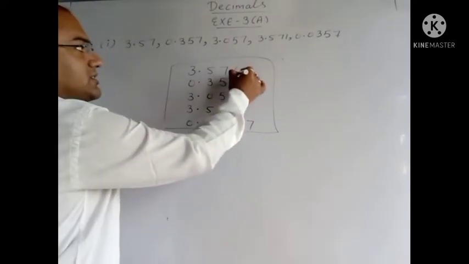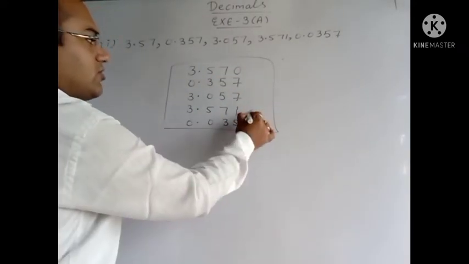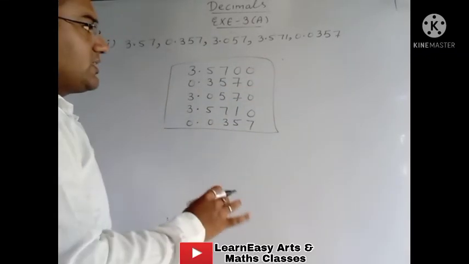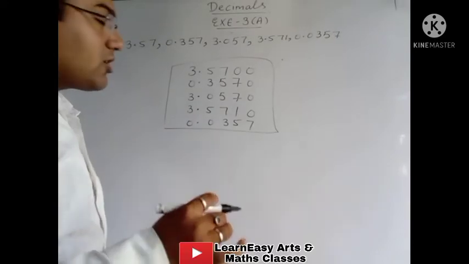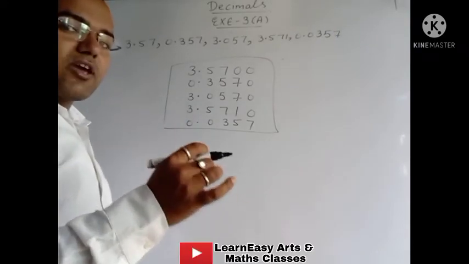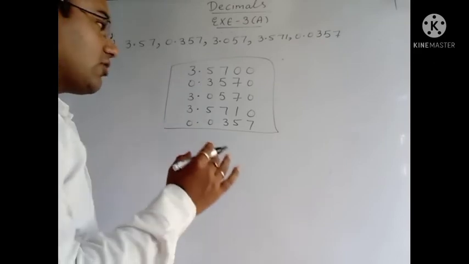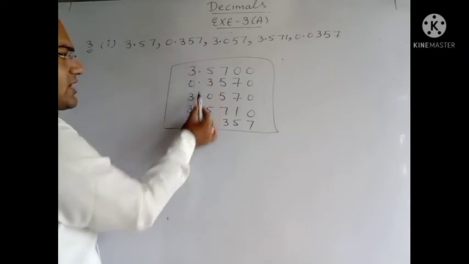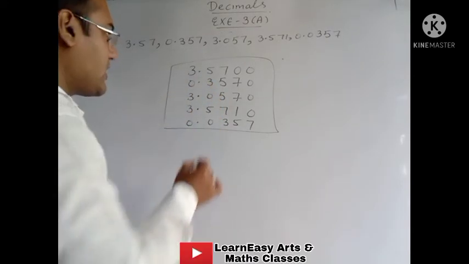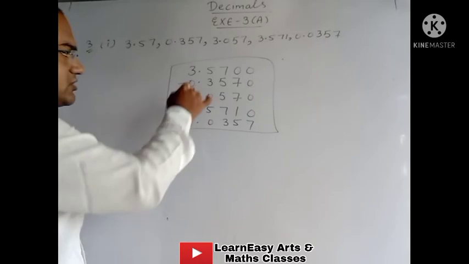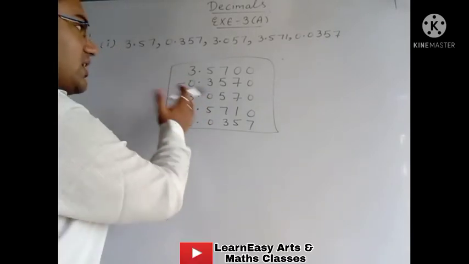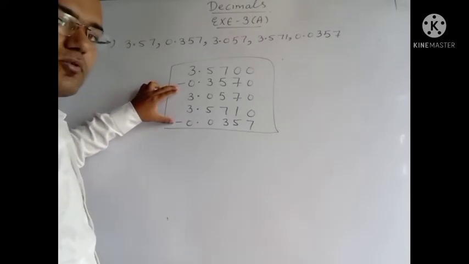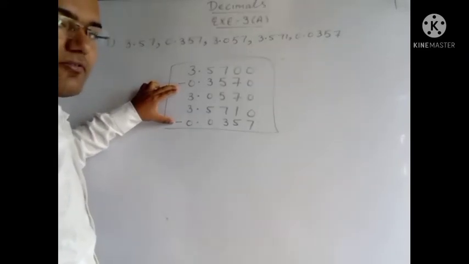So here, wherever there is an empty place, we will add 0. Wherever empty place you are looking you have to fill there 0. Now in order to write the smallest number we have to check the number before the decimal. First of all we will check the number on the left side of the decimal. These two numbers are the smallest on the left side of the decimal. So this is 0, this is 0. Now among these two we have to select only one, that is smallest.